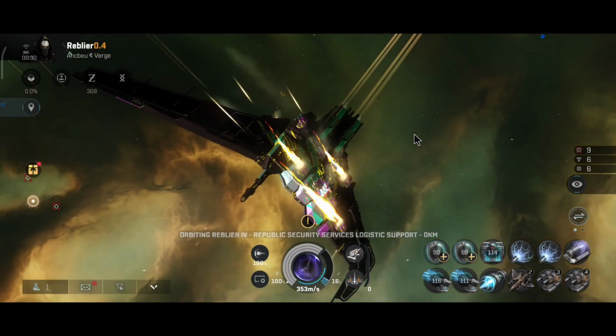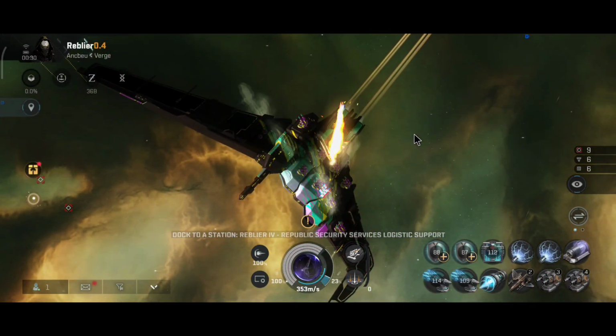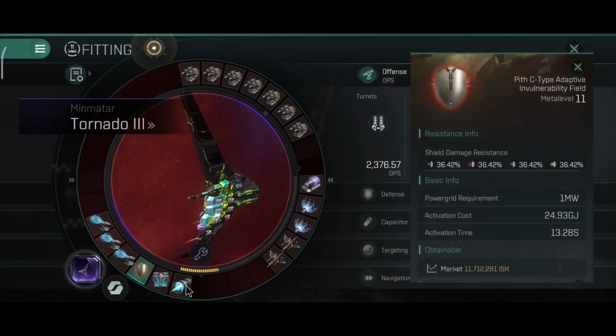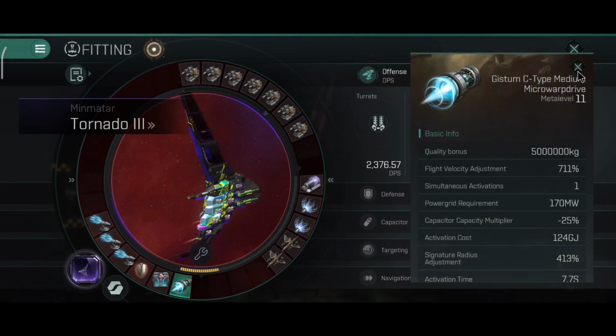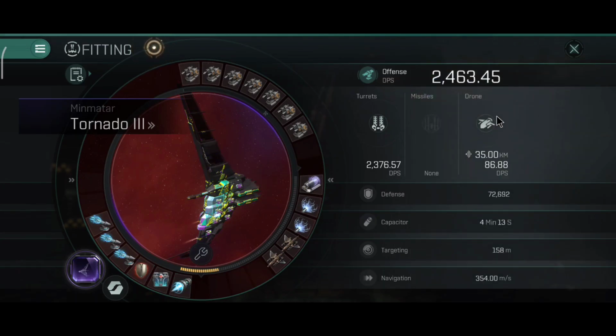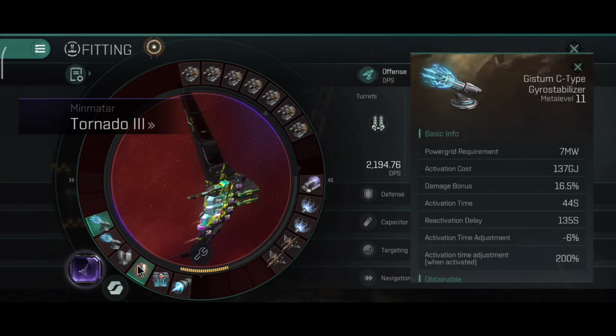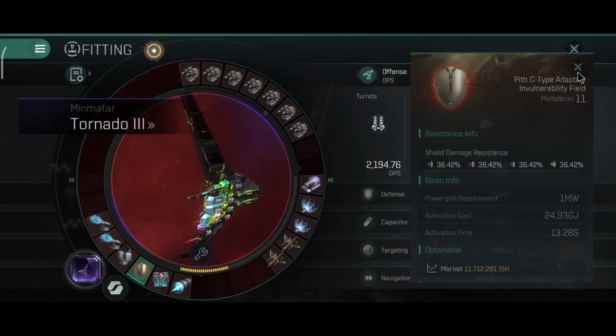Okay, let me dock and let me show you a bunch more ideas. You can use an adaptive hardener as well, also a solid idea. My friends use a build similar to this one. You can also replace one gyro stabilizer with a tracking computer if you need extra tracking or extra range, also